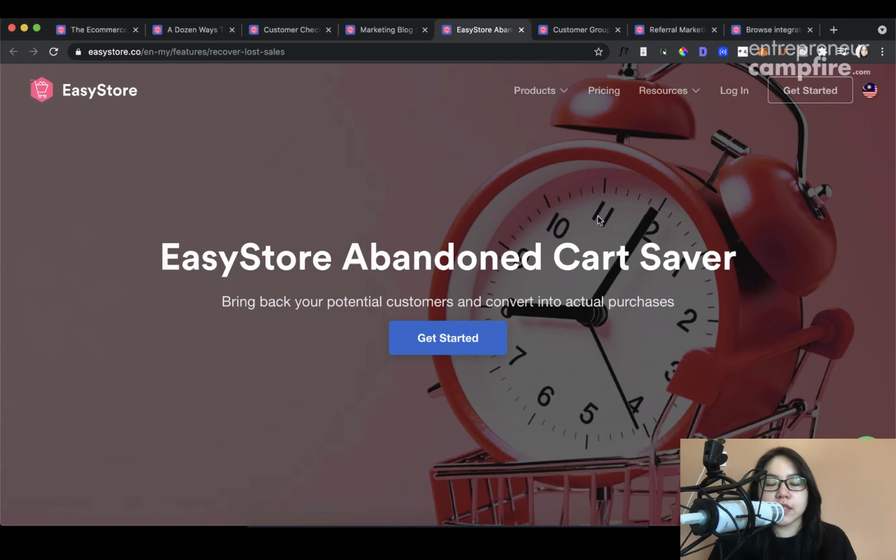The next feature that Easy Store has is Abandoned Cart Saver, or in the industry we commonly call this Abandoned Cart Recovery. I guess by the name you could already guess that it means when somebody comes to your website, they add something to their cart, goes to the checkout page, keys in all their details, but for some reason they don't check out. So these people are very high intent people who are already at the very end of their customer journey, meaning compared to somebody who's just browsing your website, these are people who are more likely to buy, many more times likely to buy.